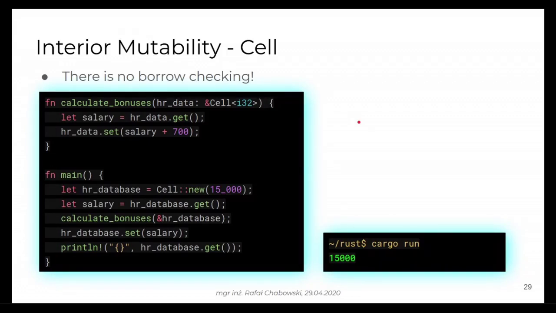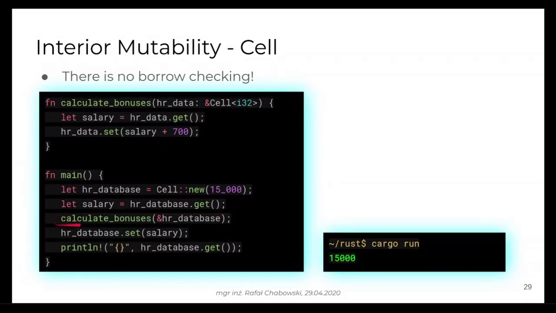This example is a little bit convoluted, but I wanted to fit it on one slide, so I will try to describe it. We have the imaginary database. For the sake of simplicity, here we only use it to keep a single salary, 15K. Then we read the actual salary from the database.